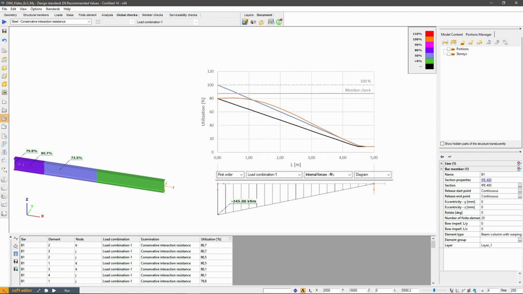If we look at the utilization distribution along the member, we can see that the general method result is an increased version of the cross-section result, where the ratio between them is the reciprocal of the reduction factor. However, in case of the OIM, there is only additional increase in the utilization where the internal modal forces would justify it. That's why the maximum utilization is not at the maximum first-order internal forces, and we can get a more precise and more favorable result this way.